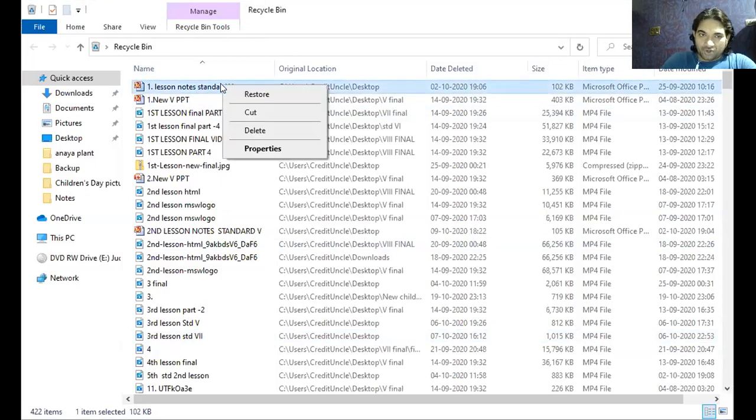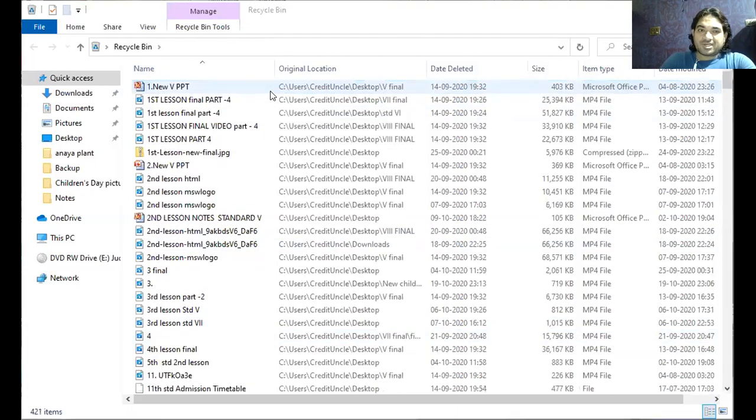Now can you see different options are there? Restore, cut, delete, properties. Once I click on restore, this PPT notes file will be restored at its actual position. Now see, once I click on restore, it has gone. Where has it gone? To the actual place where it was.